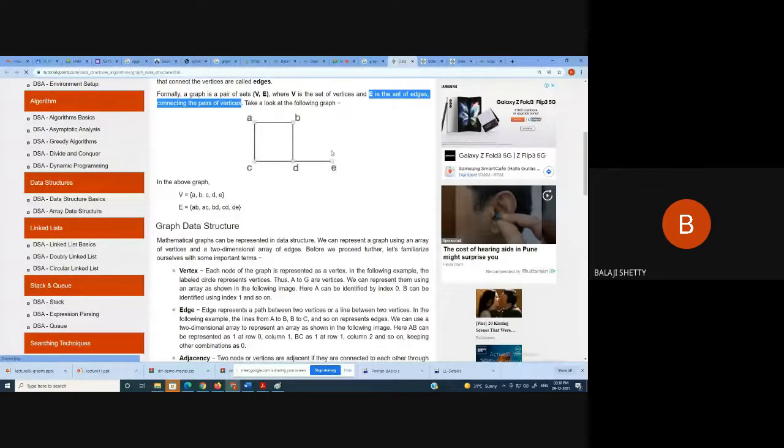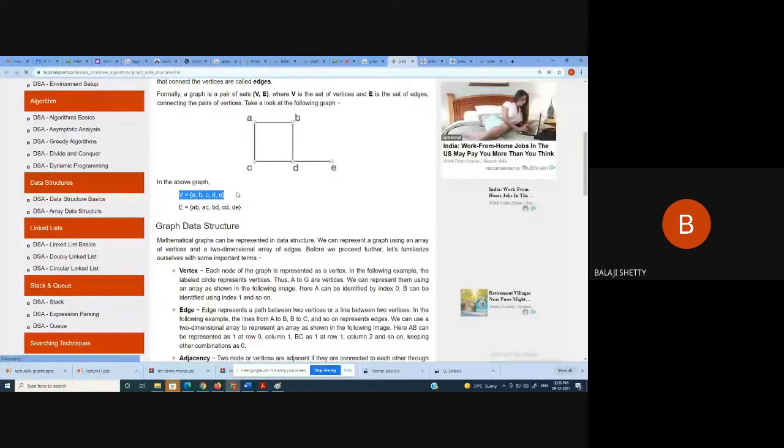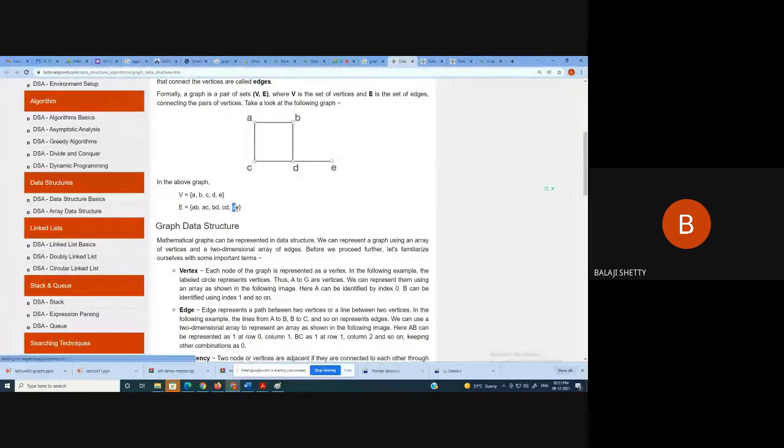In this example, you denote the graph this way. This graph is drawn pictorially. V equals, in curly brackets, the list of all the nodes, and E equals, in curly brackets, all the edges that connect the different vertices: AB, AC, BD, CD, DE.